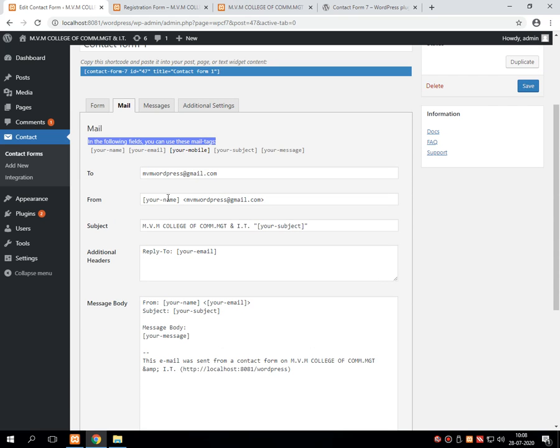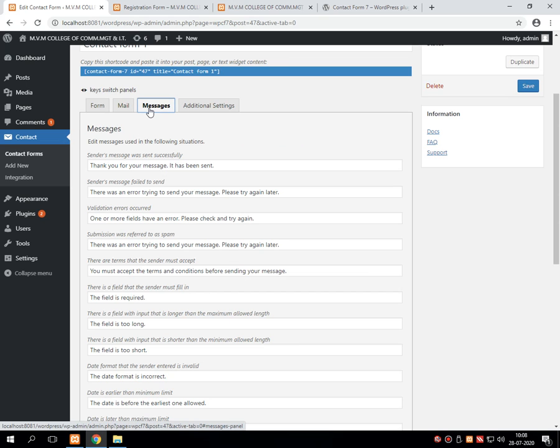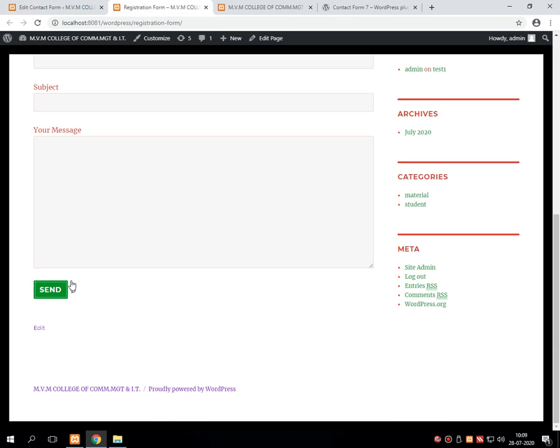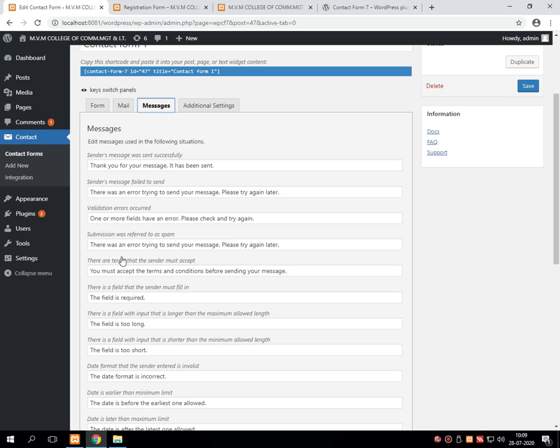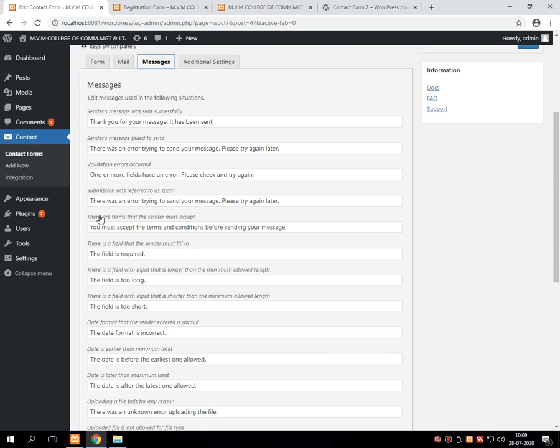We'll practically use it in another section. Then there is a message. Message means whenever we press the send button, here we are getting the message that the field is required. So we'll search for that particular message from over here.